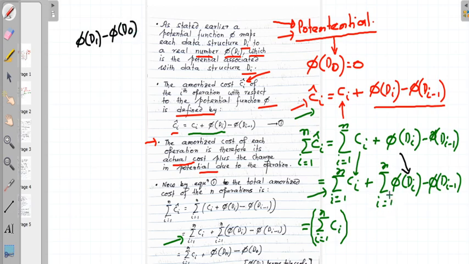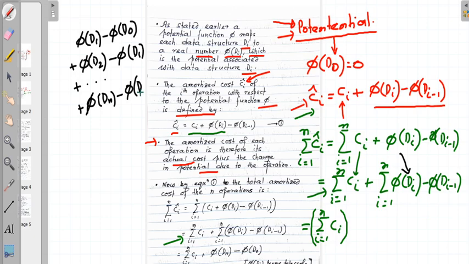For i equals 2, it will be phi of D2 minus phi of D1, and this is the way it goes on. And when i equals n, it will be phi of Dn minus phi of